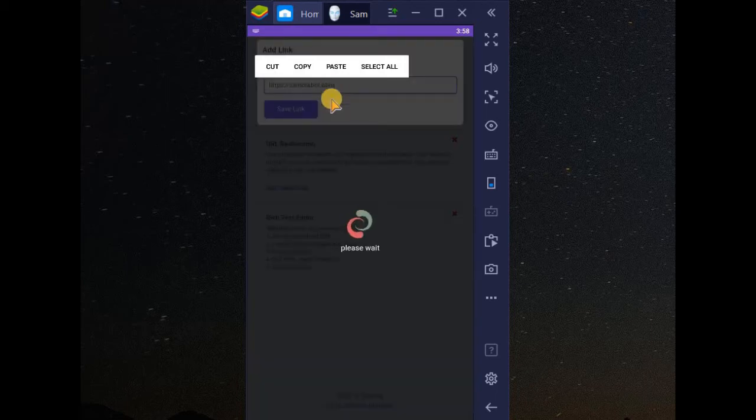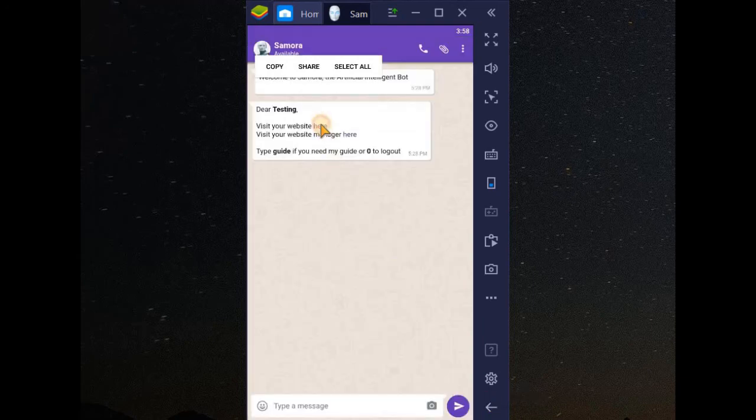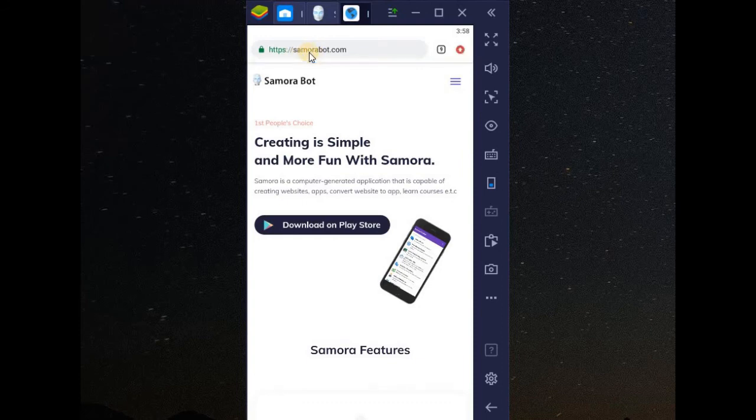So we are going to check our website again and see where it will direct us to. So in my website, upon. Now you can see, so it redirects me to samorabot.com. So that is the simplest way to redirect your users from old website